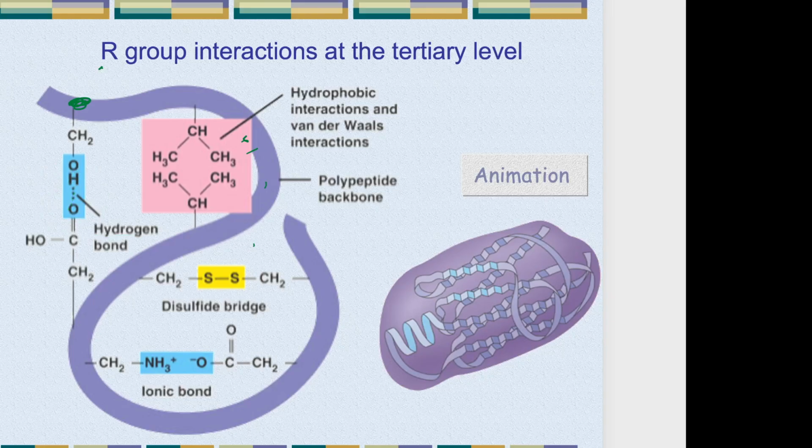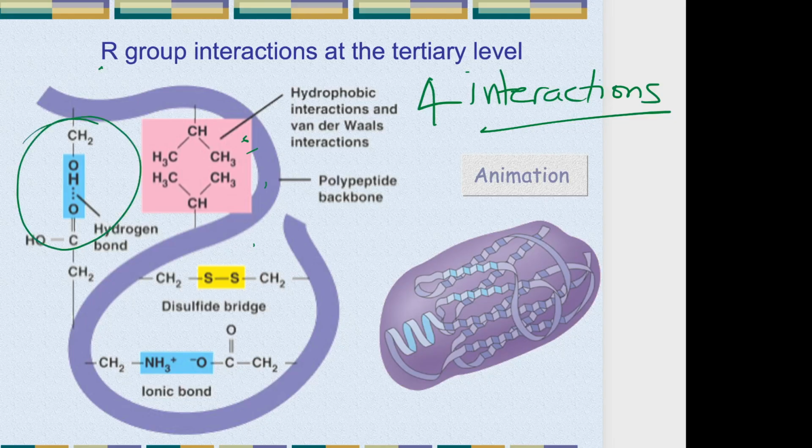Now, there are four main interactions that happen between R groups. So we're going to go through them all, the four types of interactions between R groups. So obviously here's one of them, the hydrogen bond. When R groups